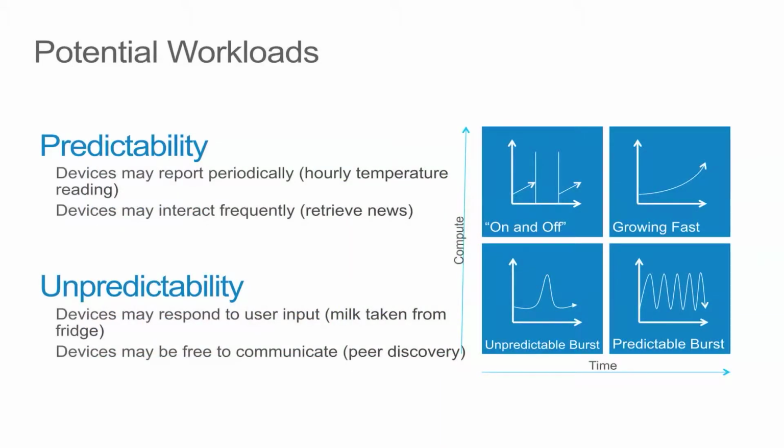So in terms of workloads, I like to talk about workloads quite a lot. Really, what we're talking about here is why the cloud is suited to specific things, about whether the device is reporting periodically. Maybe that would be an on and off type of workload, where you might want to turn off your servers when you're not expecting any kind of traffic from your devices. Maybe you've got a new market release and you're trying to sell lots and lots of devices and you're expecting your capacity to have to increase rapidly. That would be a growing fast type of workload.